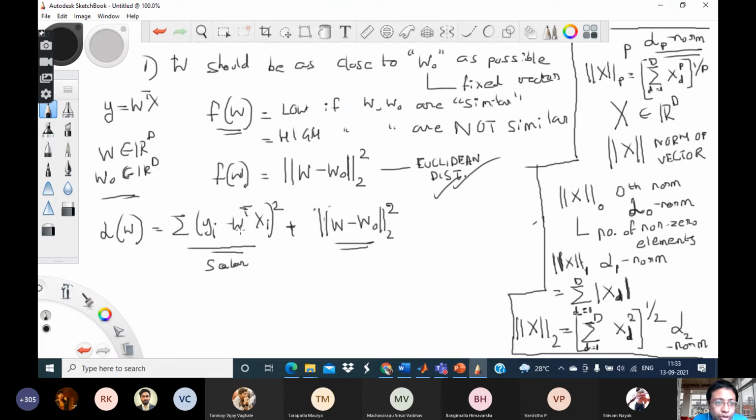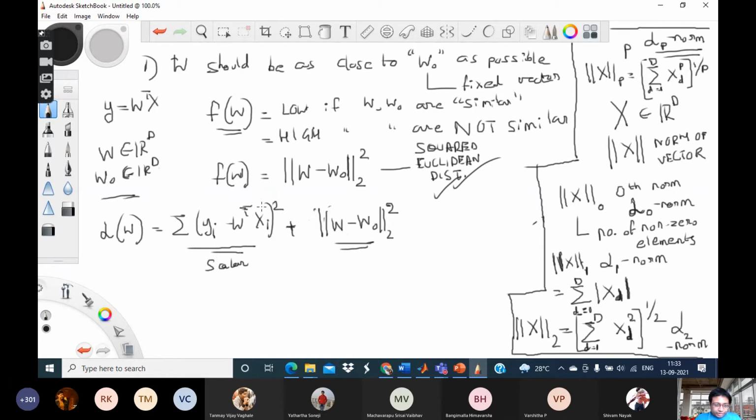Now, when we are talking about Euclidean distance, what is that superscript over there? This one? Yes, sir, this is nothing but a square. So this is a real number, and I have just taken a square of the real number. I need not have taken it; I could have just kept the Euclidean distance also. But I am making it the squared Euclidean distance for some mathematical benefits, which you will see in a few minutes.